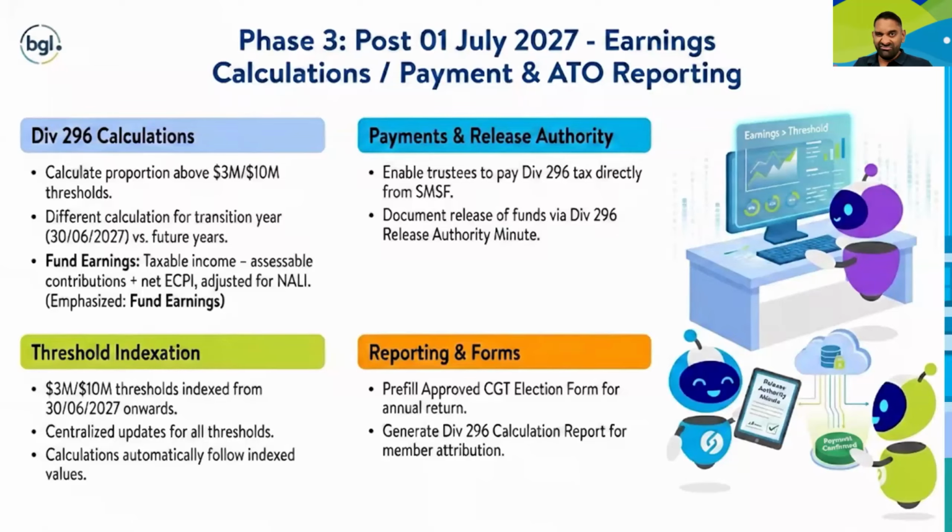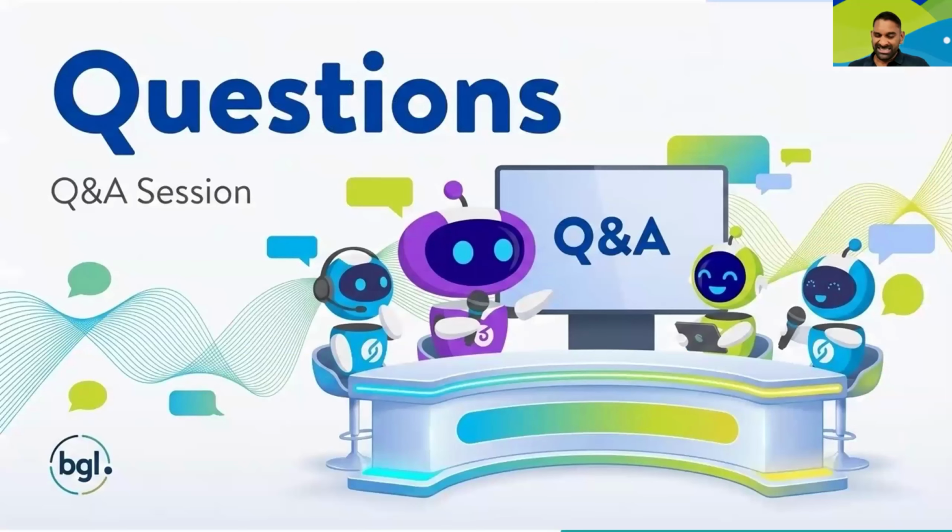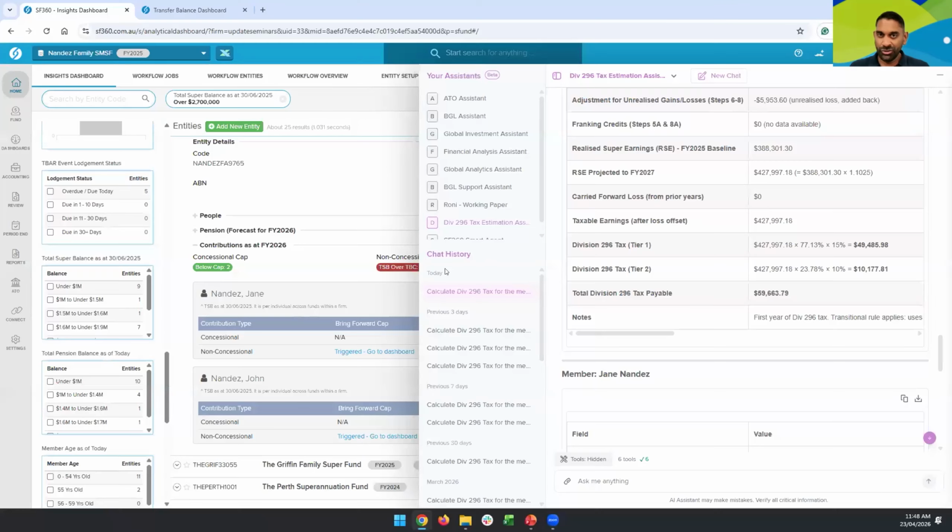So that's essentially our timeline in terms of implementation, the various phases in which we're going to attack these requirements. Essentially, that's what I wanted to cover off in terms of BGL's roadmap surrounding Division 296. And this is based off how we've read some of the legislation and the regulations, as well as speaking to clients. If you think of any